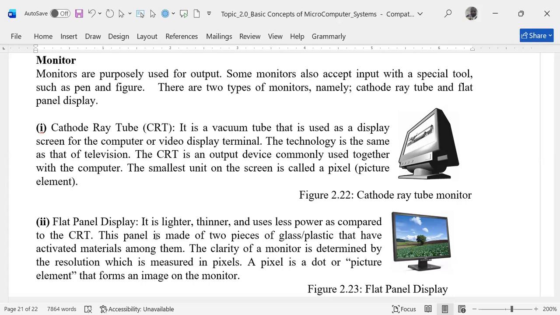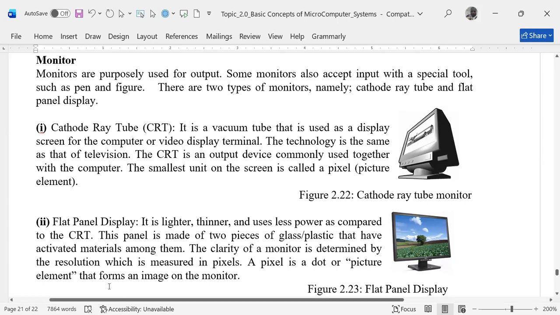And the smallest unit, every screen consists of 80 columns, from top to down, and 23 rows simultaneously, irrespective of the size. You can see or view your work, 23 lines or rows, 80 columns simultaneously. And each of these is called a pixel or picture element.